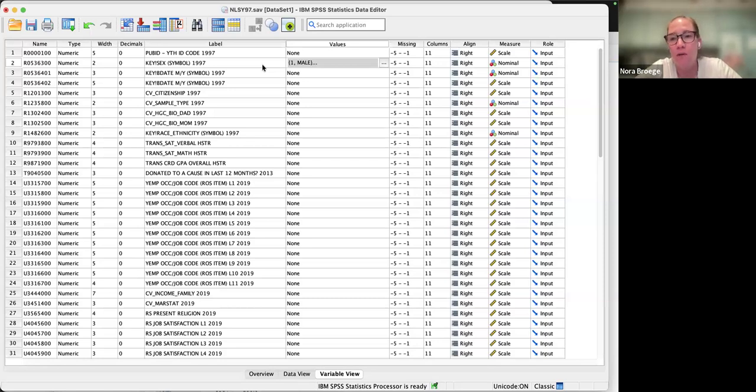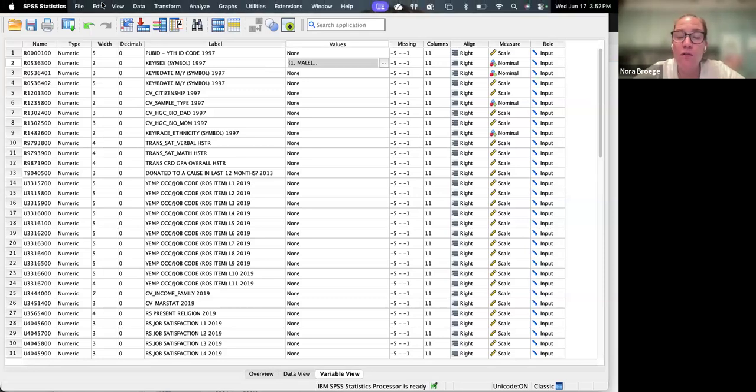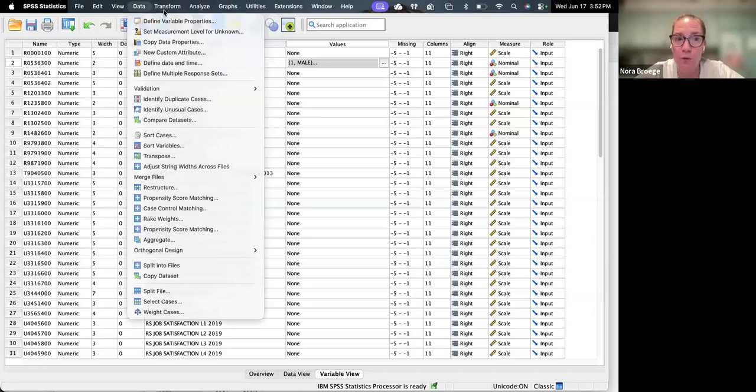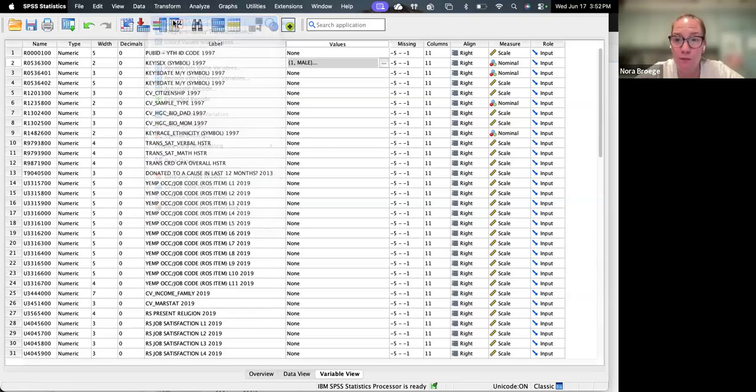A dummy variable for whether or not you had kids would be coded as 1 for if you had kids, no matter how many, and a 0 if you didn't have any kids. You create those variables just like you create any new variables by using this transform menu. So you go transform, compute variable,